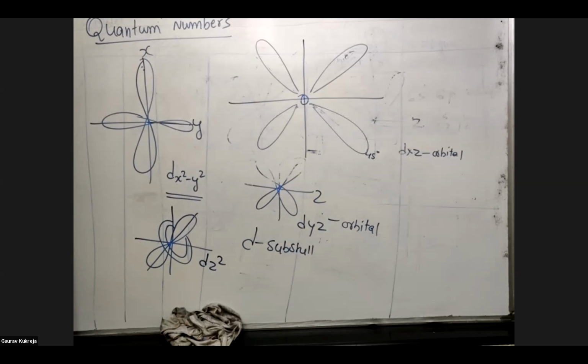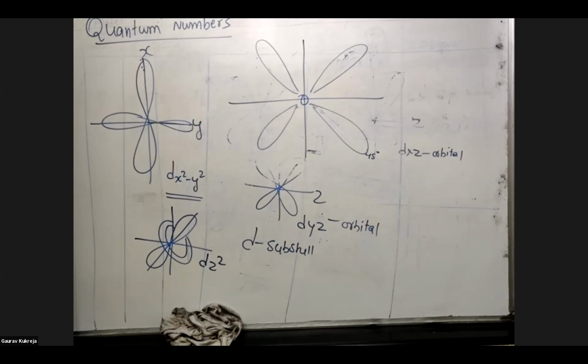In the xy plane there will be 2 electrons maximum, and in x square minus y square there will be 2 electrons maximum. Because these 5 orbitals you have to imagine at a single origin. You have to merge all these 5 at a single point. Then if you view that, you will realize that between the xy plane electrons and the x square minus y square axis electrons you will see a 45 degree angle. Okay, sir. Got it. Thank you. So the xy one is a different orbital, the x square minus y square one is a different orbital. That's why there are 2 different orbitals named like that.